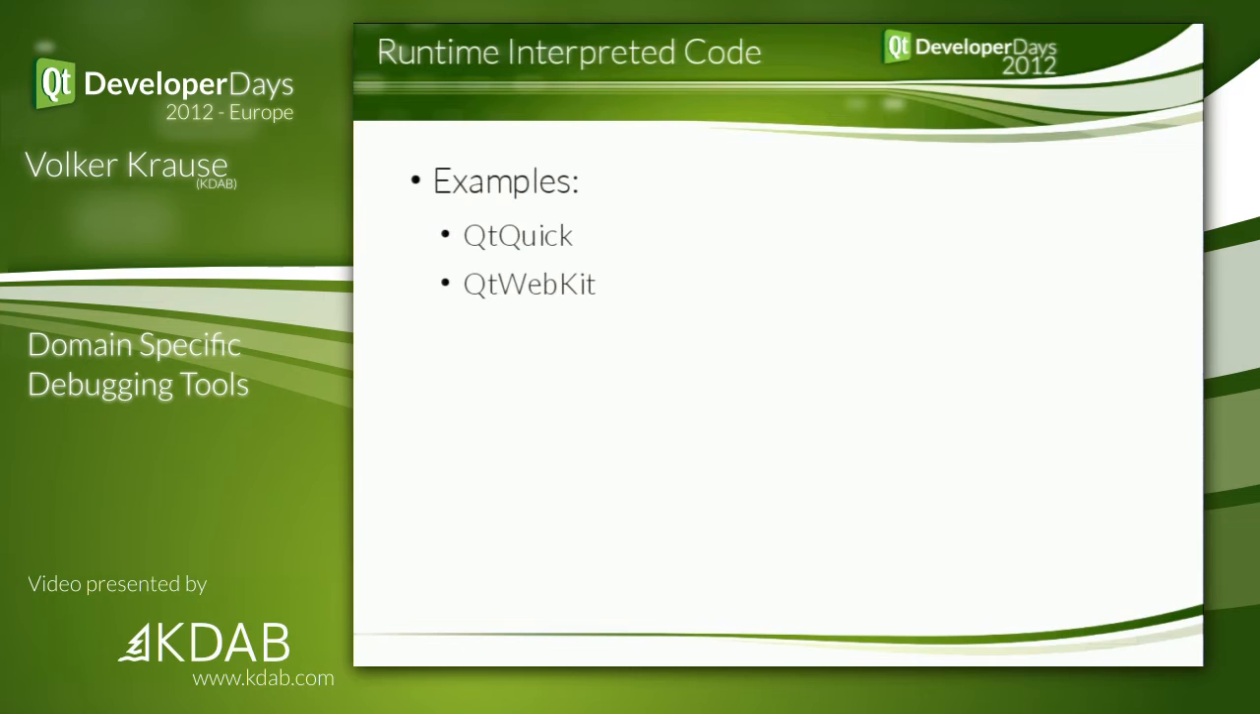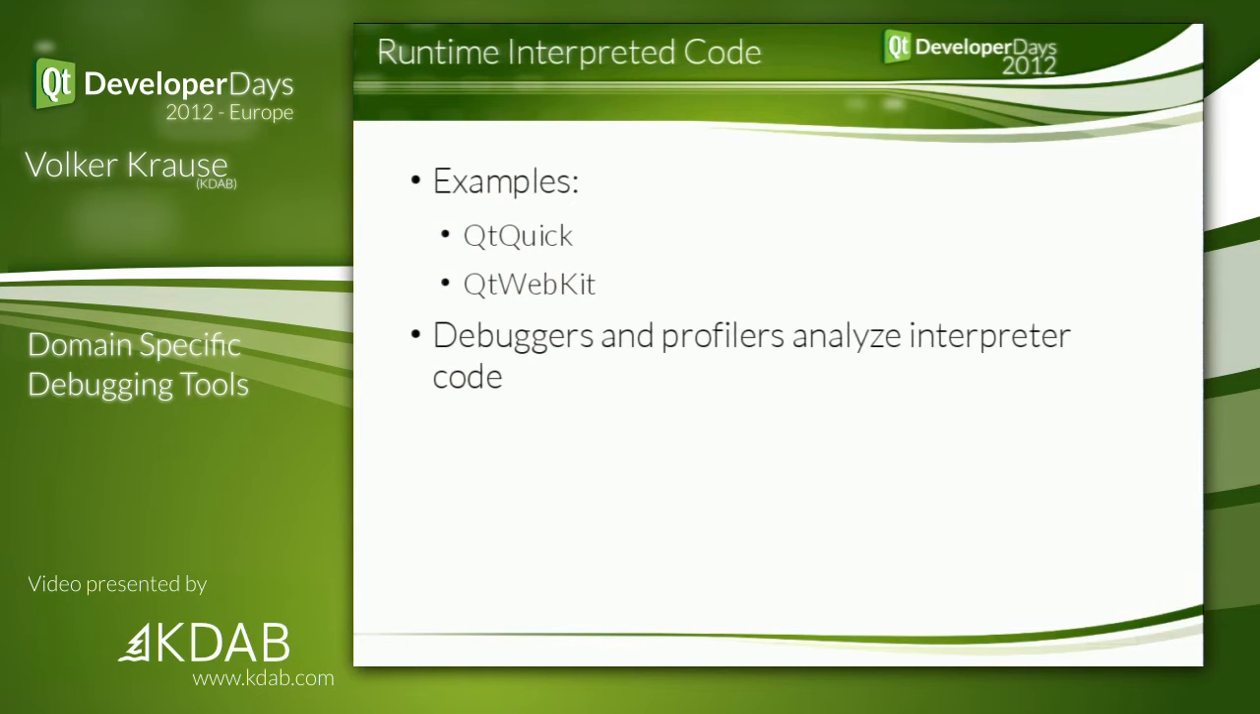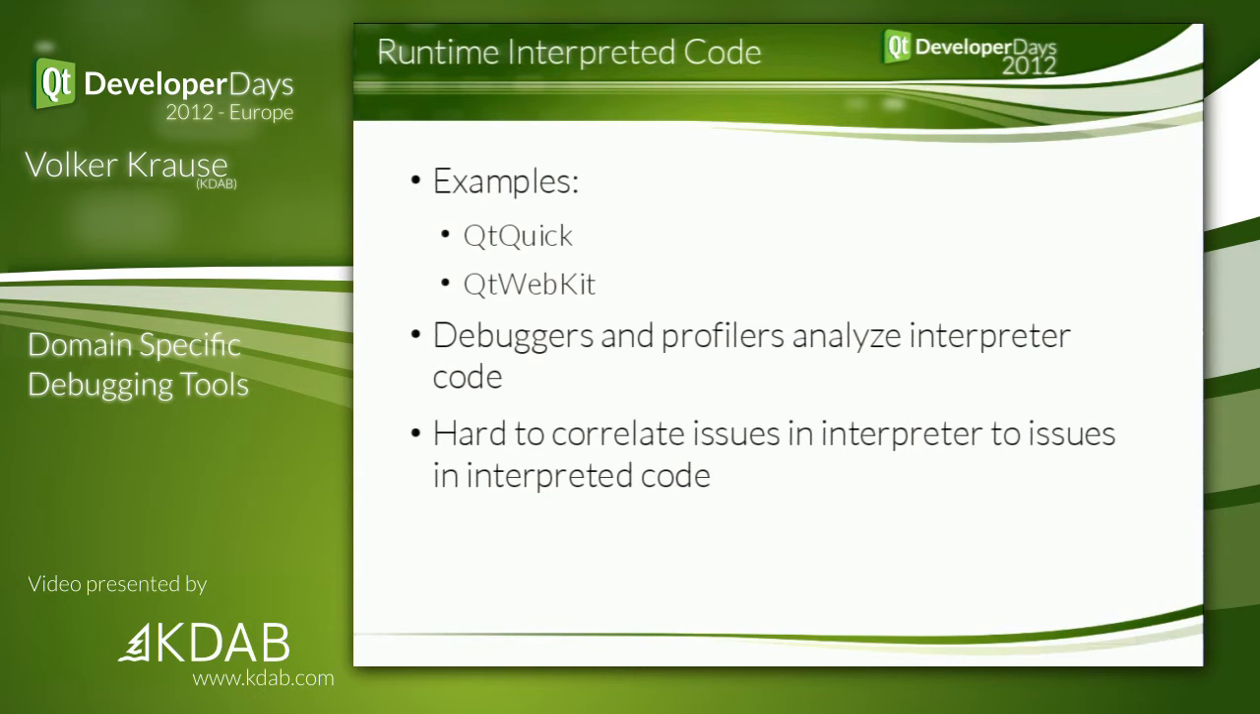And of course, the runtime interpreted code, we have that in QML, we have that in WebKit. What you see there, if you look at backtraces like the example I had initially, is the code of the interpreter. And unless you wrote the interpreter, you most likely don't understand what's actually happening in there. So this is kind of useless, and it makes it very hard to correlate what you're seeing there to the actual bug in your QML or HTML5 code,